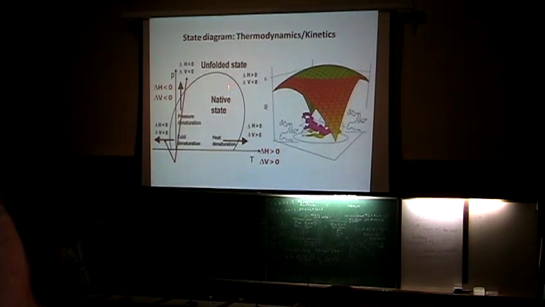Particularly, pressure is interesting because one can populate, I mean, this diagram that people have done for different small monomeric proteins. Once the protein gets out here, sometimes it's still partially folded, and if you denature by temperature, you go to a slightly different state. And the reason for that is that